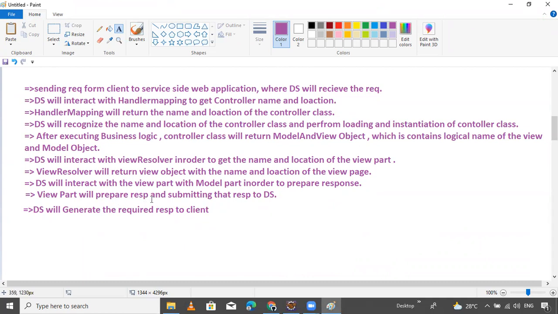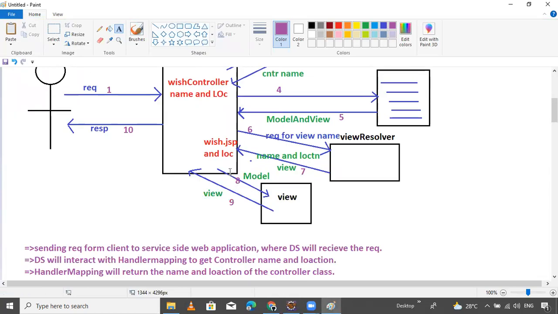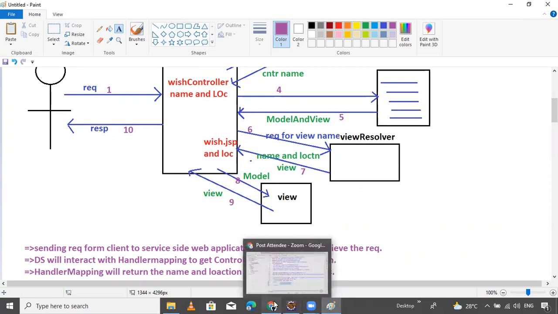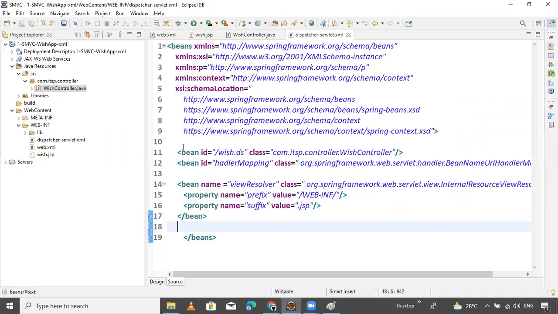Now next, the view part will prepare the response and submit that response to the dispatcher servlet. The dispatcher servlet interacts with the view part and the model part in order to prepare the response.